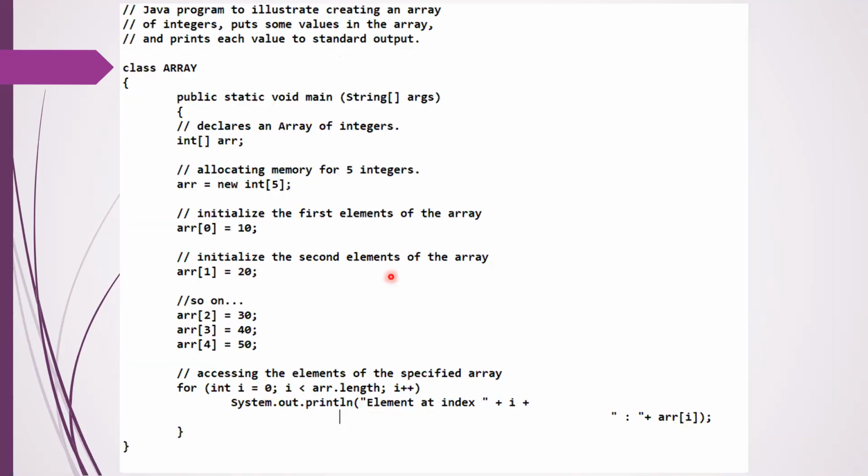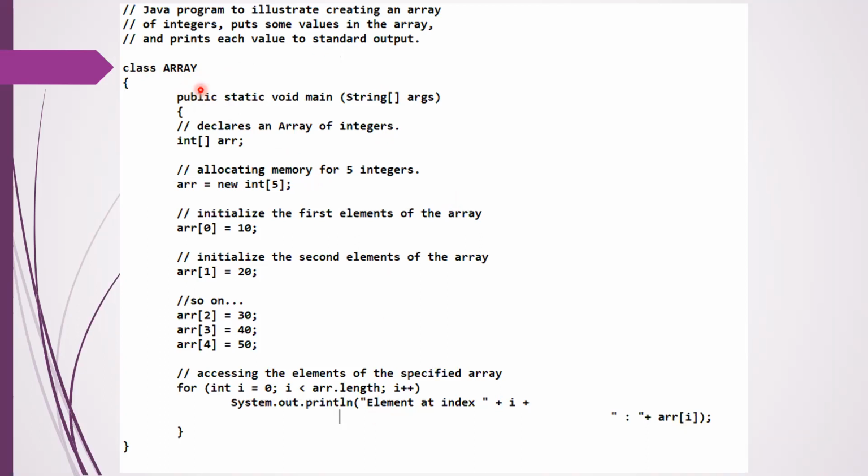I'll once again explain this program. We have a class and then the main function in Java. The class here is Array. Whatever the class name is, you have to save the file with the same name, as you already know. Then we have the main function, which has the access specifier public.